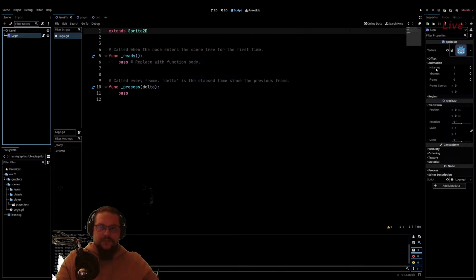So if you want to change that in code, you can just hover here and see the parameter and the name you have to call in the code. And I think if you press middle mouse,